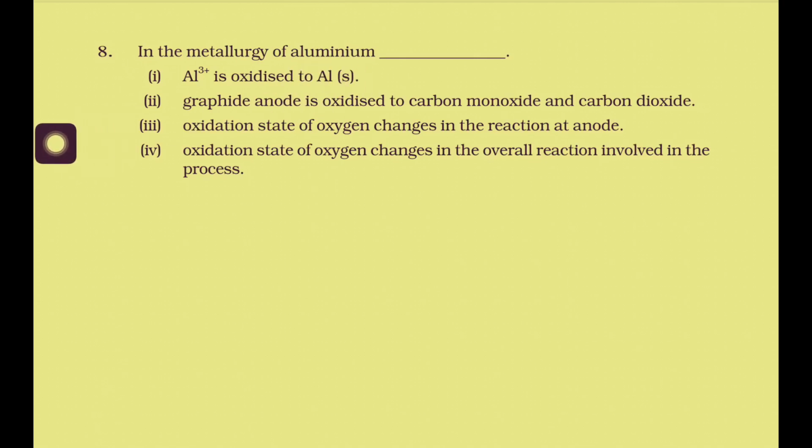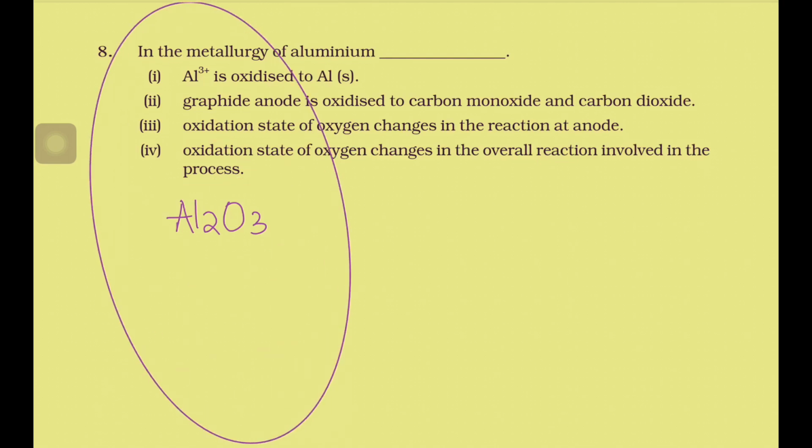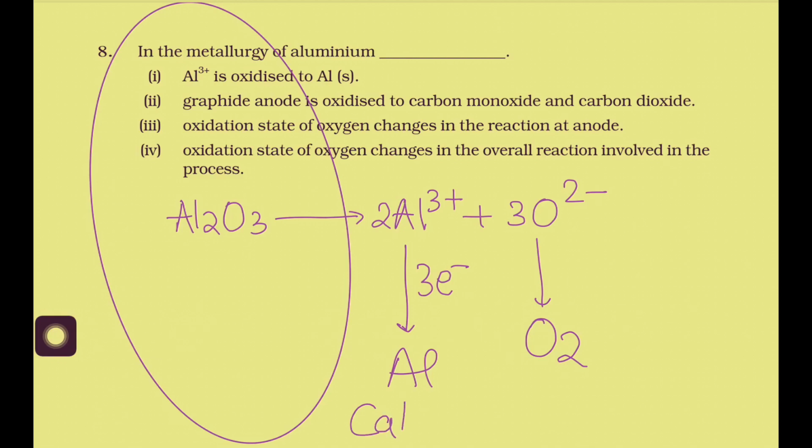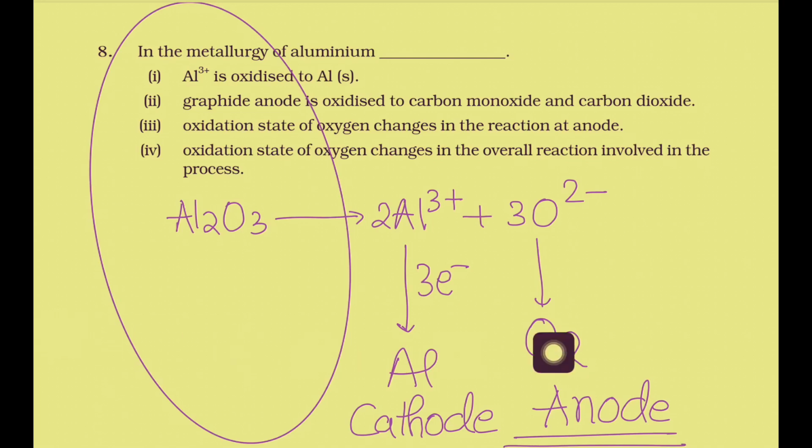We already know that aluminium is extracted from alumina, that is Al2O3, by the Hall-Héroult process. This is first melted using cryolite. When it is melted, it produces Al3+ ions and O2- ions, and then we do electrolytic reduction, and it forms aluminium metal. The oxide gets oxidized to oxygen gas at the anode. So at the cathode you will get aluminium metal, and at the anode you will get oxygen gas.